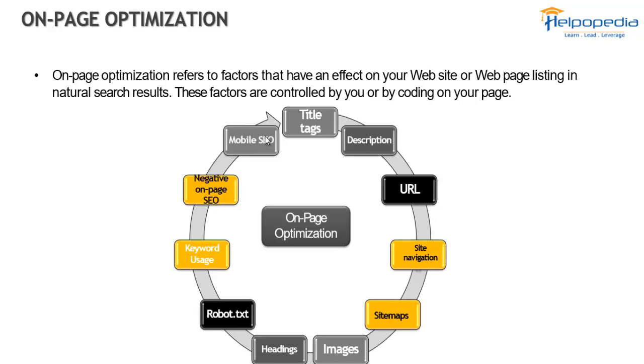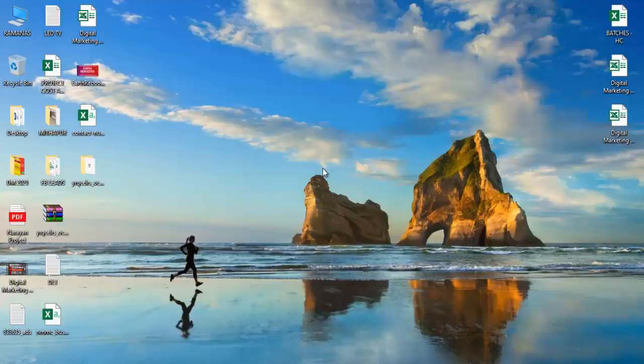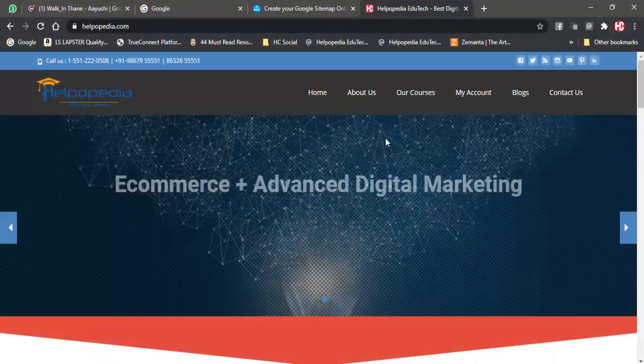But to remain on top, we have to make sure that other people are optimizing their websites also. So for the keywords that we are using on our website, we need to know what the competition is for those keywords, and whether those keywords are searched on the internet or not.